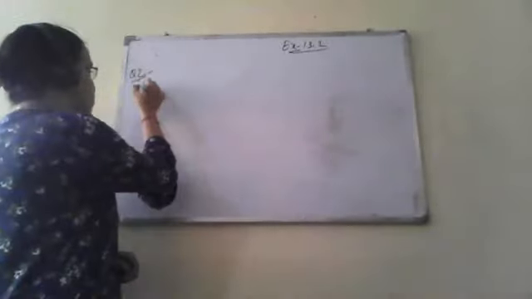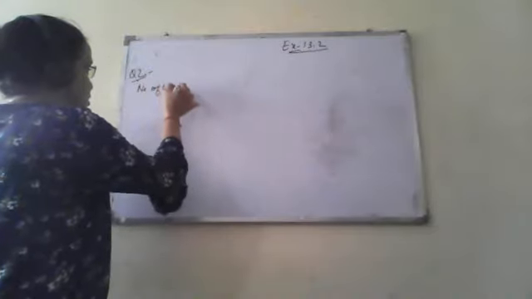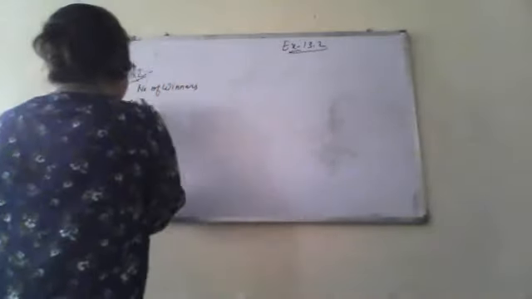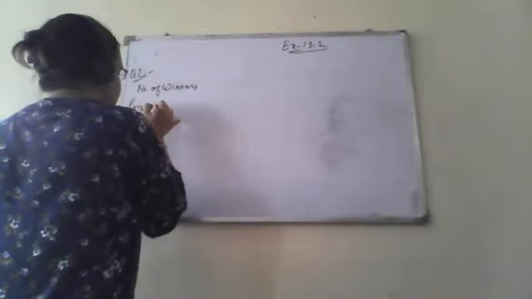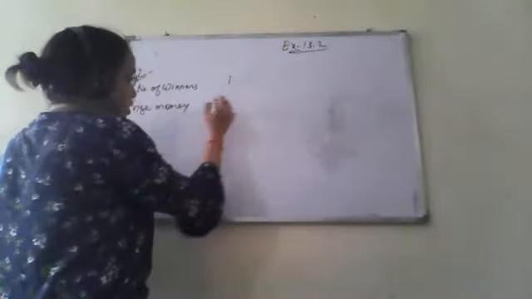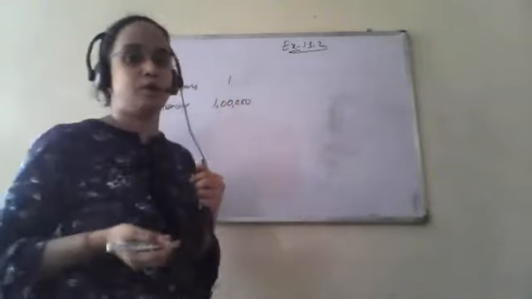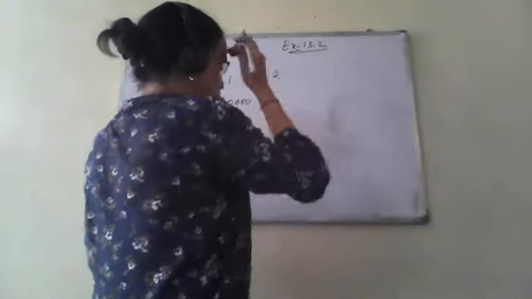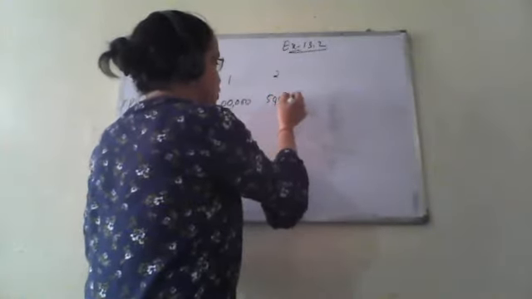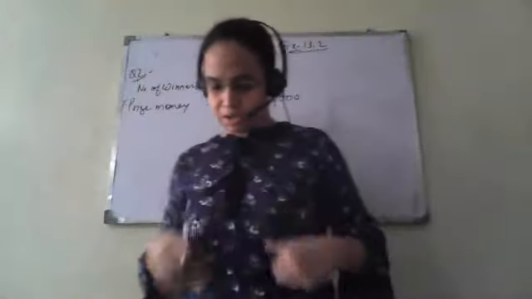What we have is the number of winners and the total prize money. So if the number of winner is 1, the prize money is 1 lakh. This prize money of 1 lakh is fixed. If there are 2 winners, that has to be equally divided among those winners. And we have to check whether this is direct or inversely proportional.